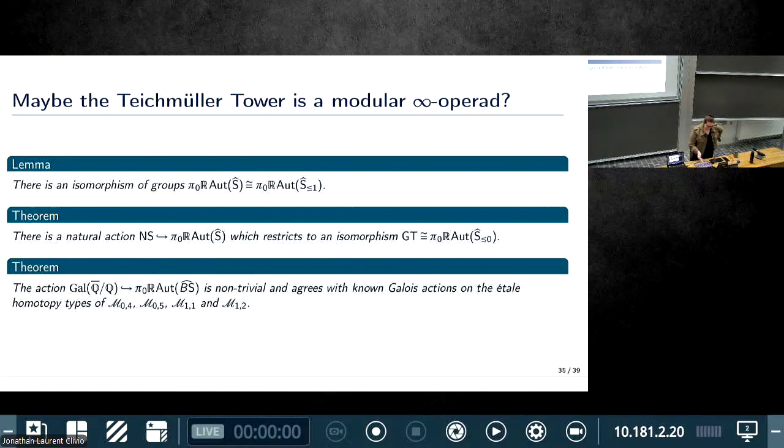But the idea of the Teichmüller tower was saying, well, okay, at least we have something that has the topological type of the objects we want. We have structure maps between them given by the infinity modular operad structure. And at least we know that it looks right. So I think if you modify this in the correct way, you might hit something better. I will leave that as an open challenge. It's been an emotional ride on this problem, but